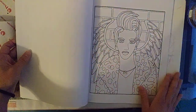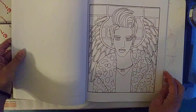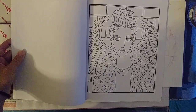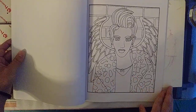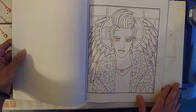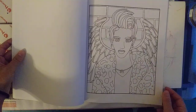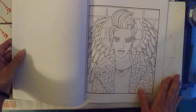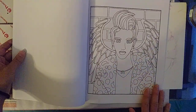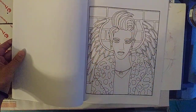And then here we have Cruella De Vil, and I loved doing this one because I wanted to do something so different from Disney's version of Cruella De Vil, because I noticed a lot of the fan art as well has the same kind of design for the character, and so I decided to completely remake her, gave her a Dalmatian coat, and then this background was super fun to come up with,